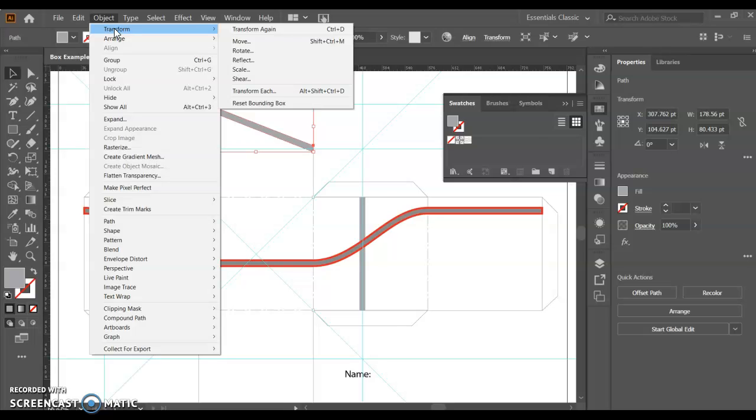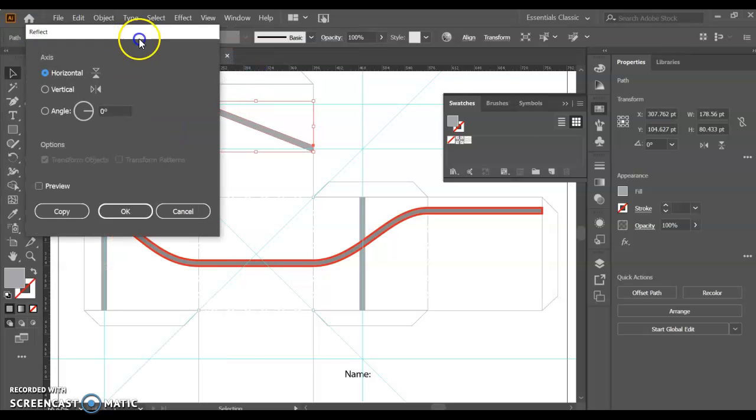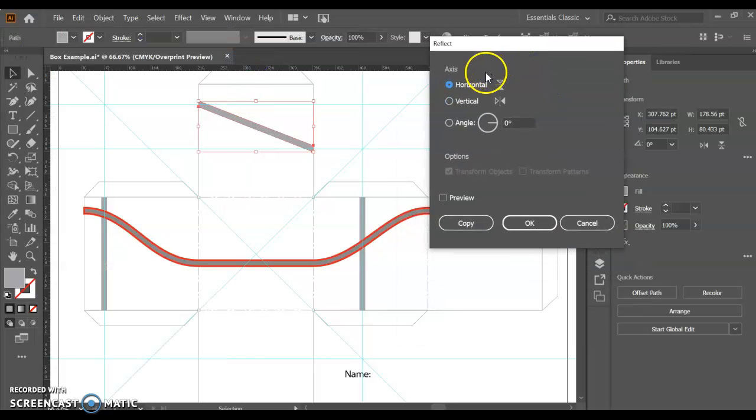And so we're going to transform, and in this case I'm going to reflect it. And so just like a mirror, it's going to reflect it. I can do horizontal, or vertical, or I could pick the actual angle. I'm going to do horizontal because a mirror plane would actually be halfway through. I'm going to click preview, and you can see that it actually changed my original shape, and that's going to be okay